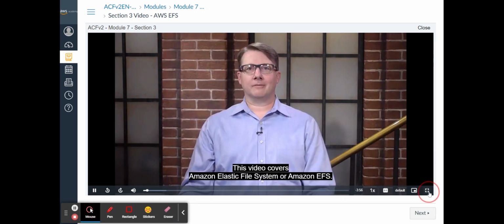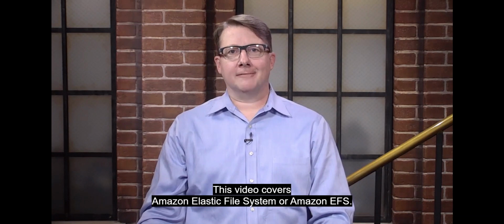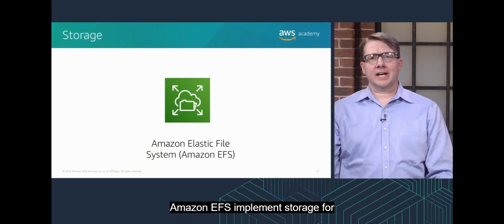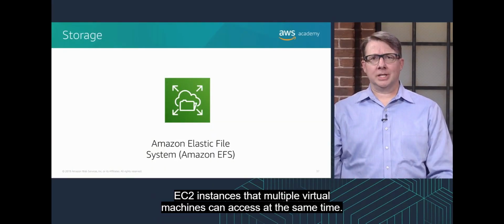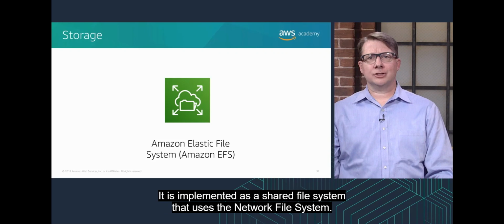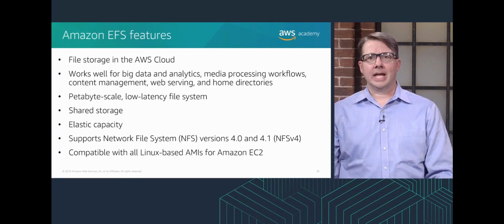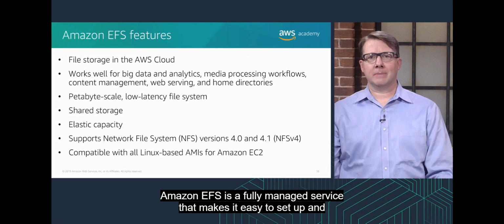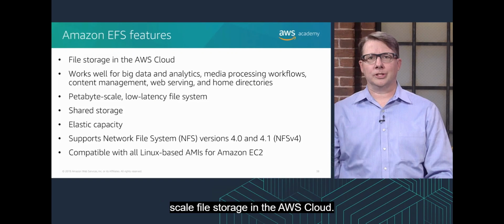Welcome. This video covers Amazon Elastic File System, or Amazon EFS. Amazon EFS implements storage for EC2 instances that multiple virtual machines can access at the same time. It is implemented as a shared file system that uses the network file system. Amazon EFS is a fully managed service that makes it easy to set up and scale file storage in the